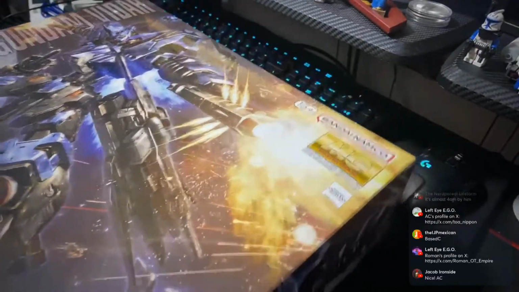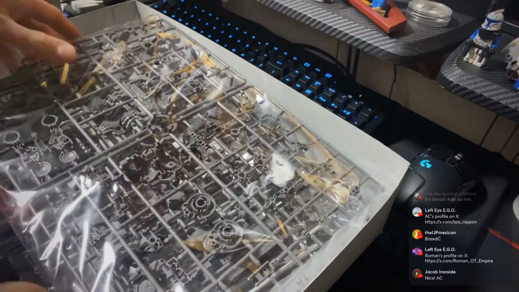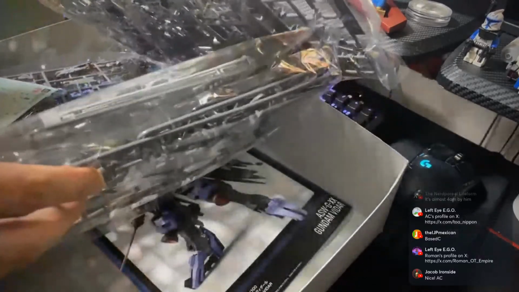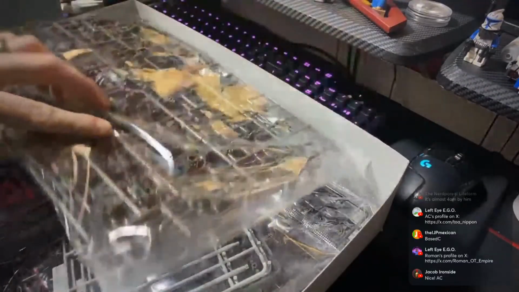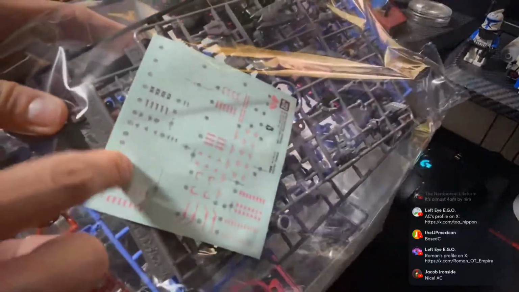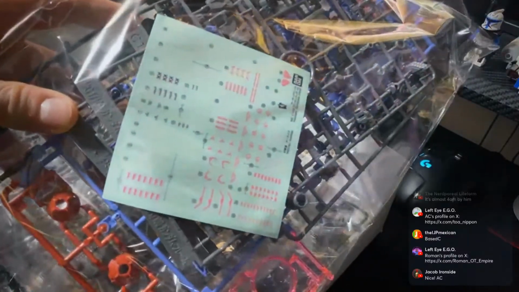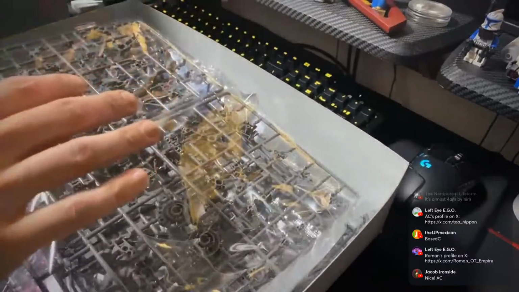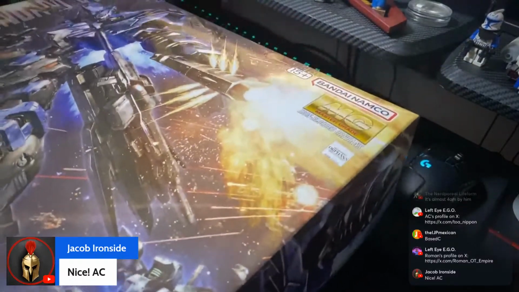So I'll just open it up real quickly here. Now this one will take some time to build. There is quite a bit in here. There are also stickers. Gundam stickers are terrible because of how small they are. Here, I'll open it up for a second. These are all individual stickers, and these are white. You can't tell, but these are white right here. I don't do any painting or weathering because I don't really have the equipment to do that or the experience.